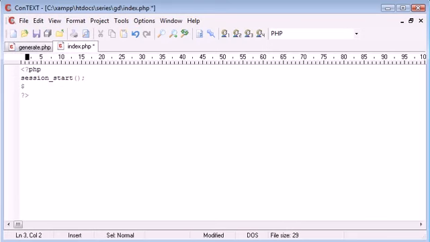So under here I'm simply going to say $_SESSION secure equals rand, and we're generating a random number between 1000 and 9999. So this is going to give us a 4